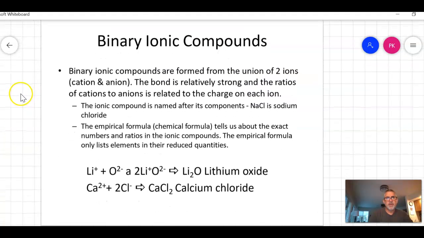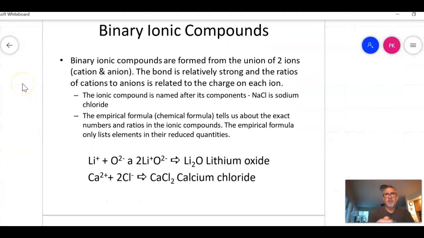So binary compounds. A binary compound has 2 types of ions in it. That's what binary means. Bi means 2. For instance, lithium and oxygen come together, and they form lithium oxide. The naming is that the anion gets the suffix -ide. Calcium and chlorine come together to make calcium chloride. And I'm going to show you how to make these